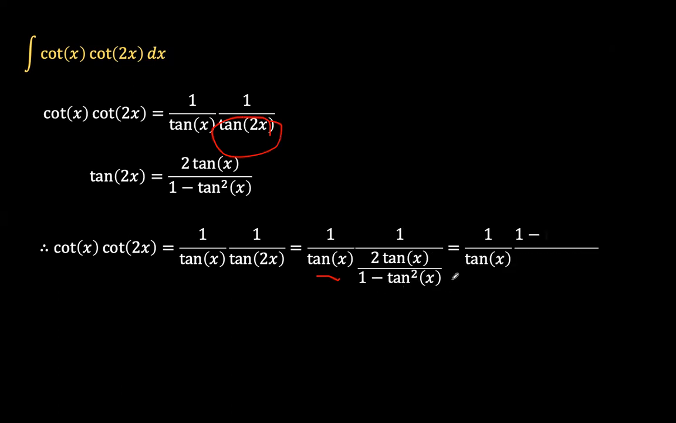The reciprocal of this becomes 1 over tan x times 1 minus tan squared x over 2 tan x. Multiplying tan x and 2 tan x becomes 2 tan squared x. So by pulling the half out, we have half times 1 minus tan squared x over tan squared x. Then 1 divided by tan squared x is cotangent squared x, and tan squared x divided by tan squared x is 1. So we go back